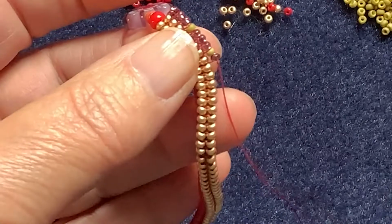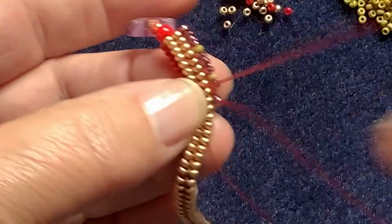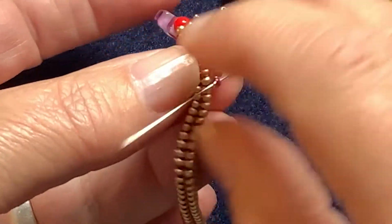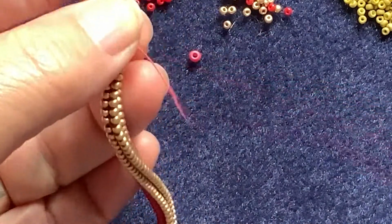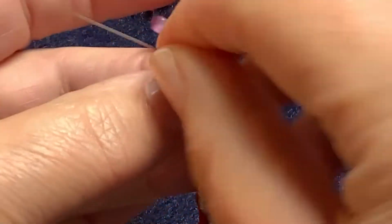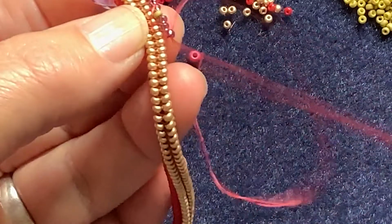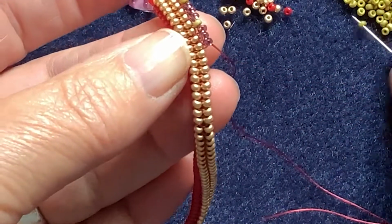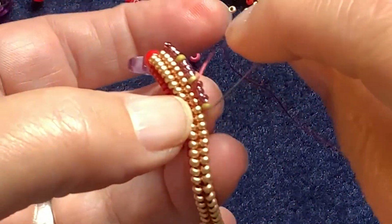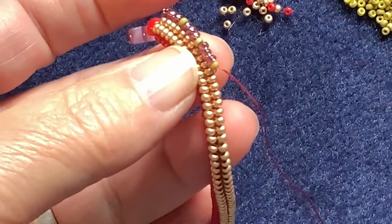Now I want to repeat this pattern, so I want to add 3 purple in total. So I've already got 1 on, so it's another 2 as individuals, 1 and 2, and I'm going to add the next green one as an ordinary stitch. Then we're going to add 3 purple,